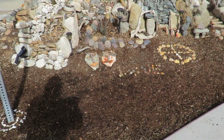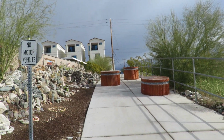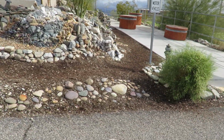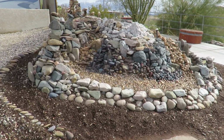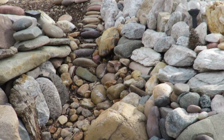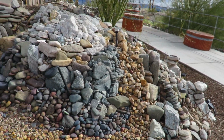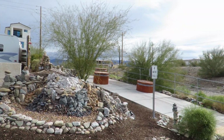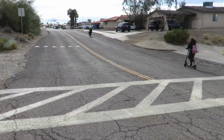And as you come down, you can see people are walking down the way here. And then we come around and got another Yellowstone Falls. Down this side. Down this side. And now we come back for a shot. And this goes clear across the